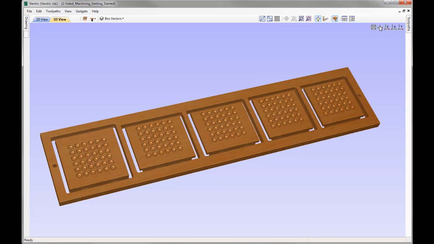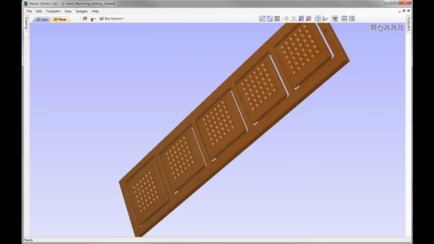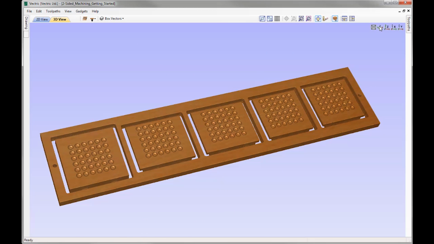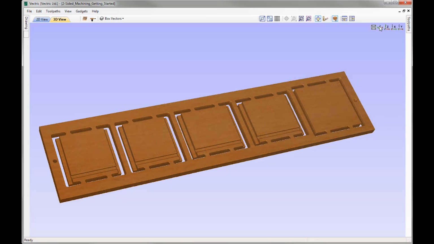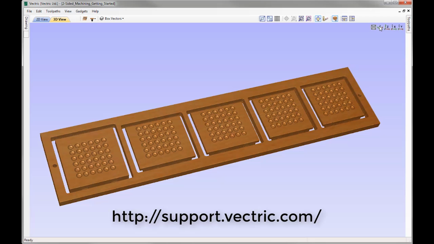A very powerful feature that we can take advantage of so that we can see exactly how the two sides compare, which ultimately minimizes any inaccuracies that we faced in terms of alignment and how the full two-sided part looks in previous versions. So let's take a look at an example of a two-sided project. This is a getting started guide to working with two-sided projects in the software. There's a much more detailed version of this tutorial that is available from the Vectric support website that you can access by visiting